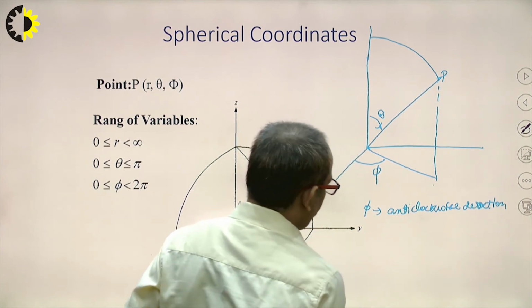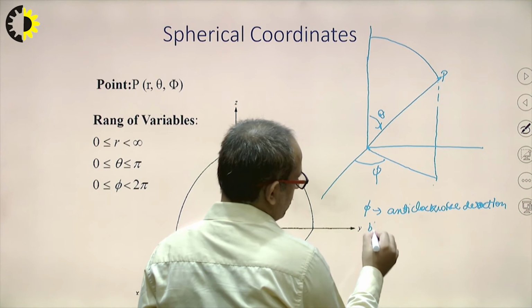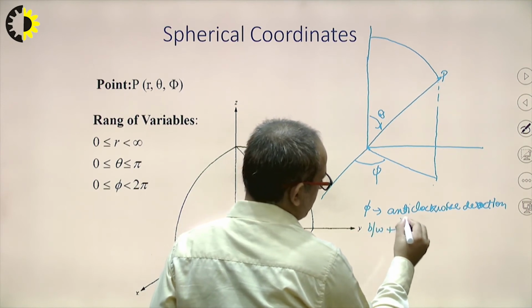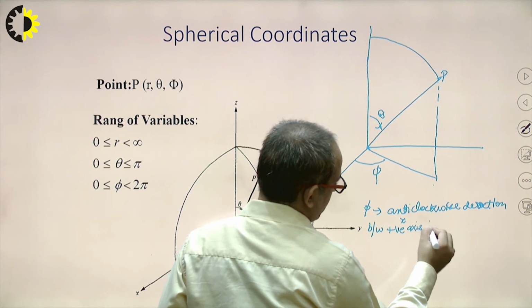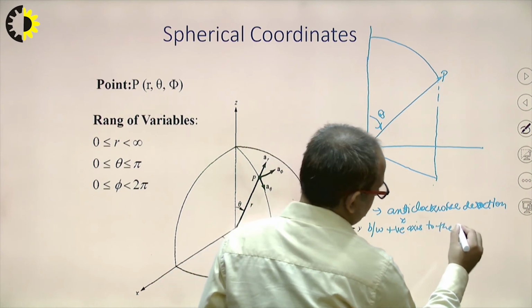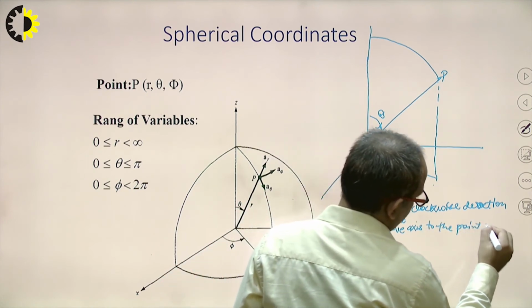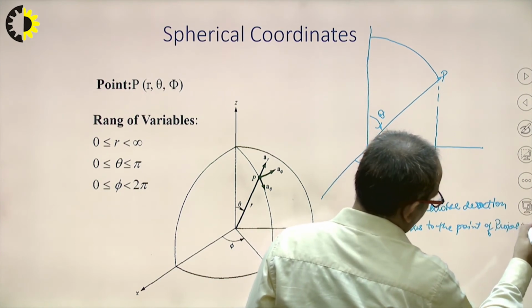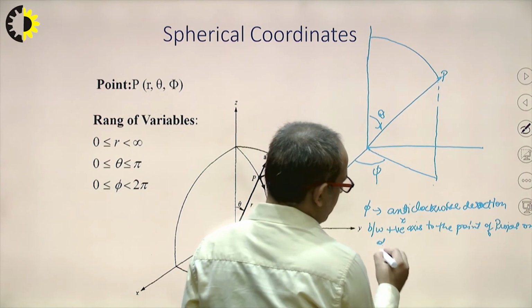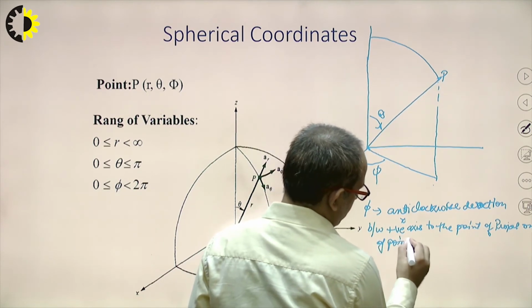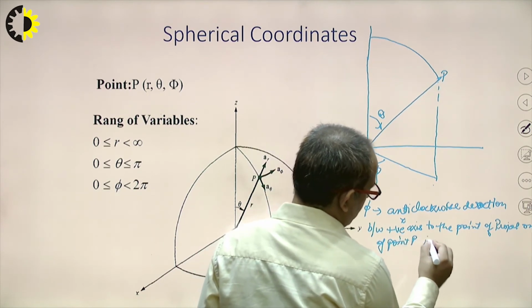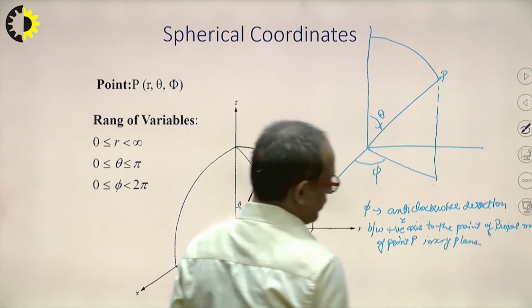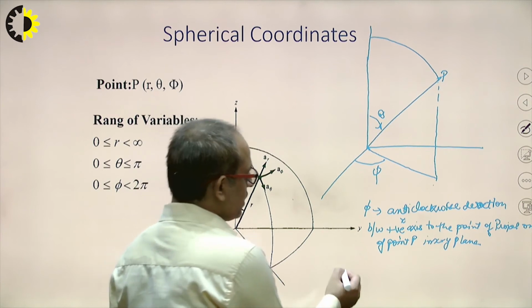And phi is the angle between the positive x-axis to the point of projection of point P in the xy plane. Clear? And theta is the